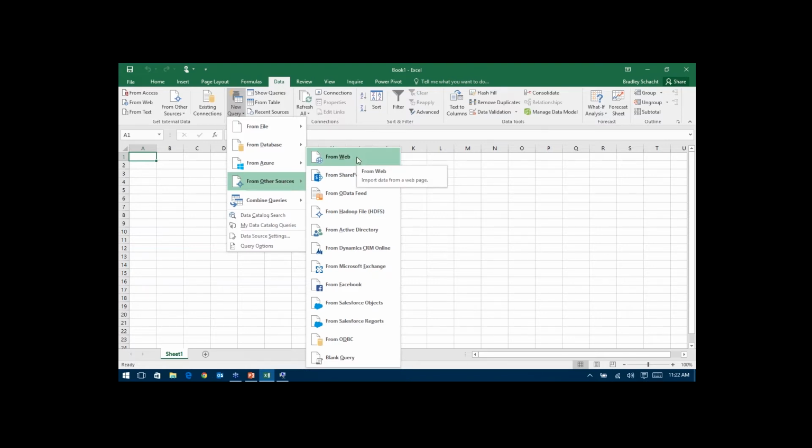So again, we could pull in data from a SQL Server database or from a Reporting Services report, from a variety of locations. But just to show you something a little bit different, I'm going to show you how to pull in some data from the web. We can do the same thing if you want to pull it from the web or from any other source and combine it with your existing data inside of your environment as well.